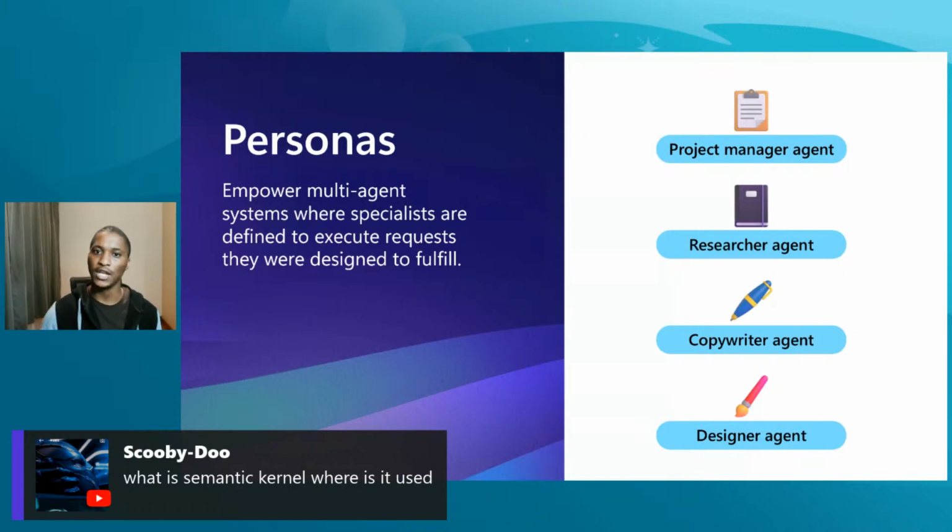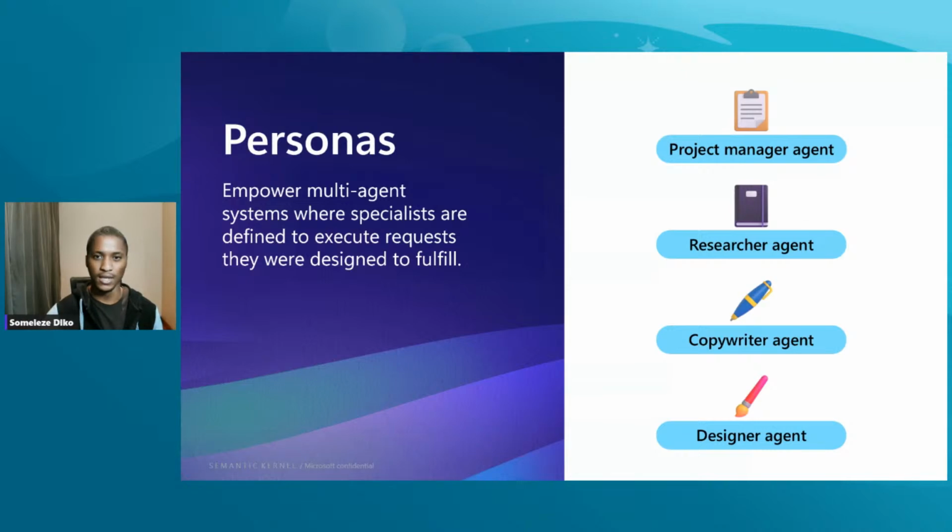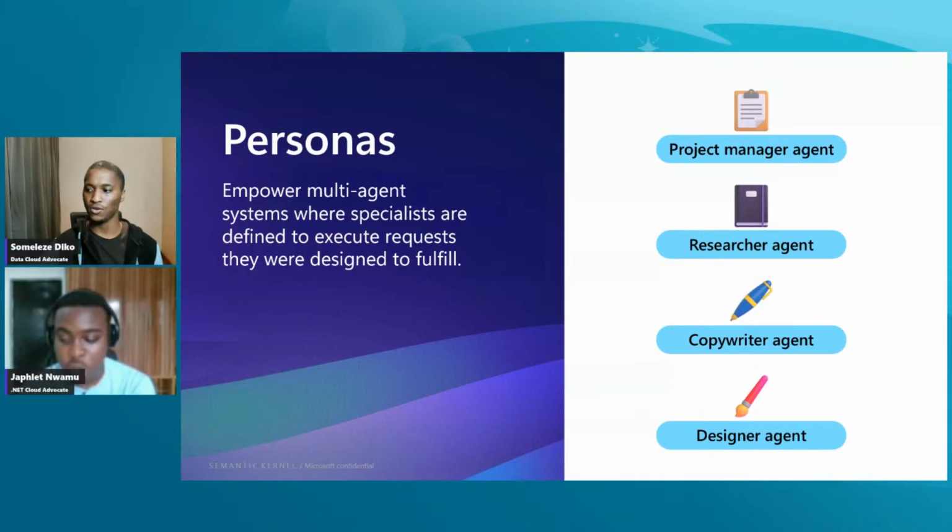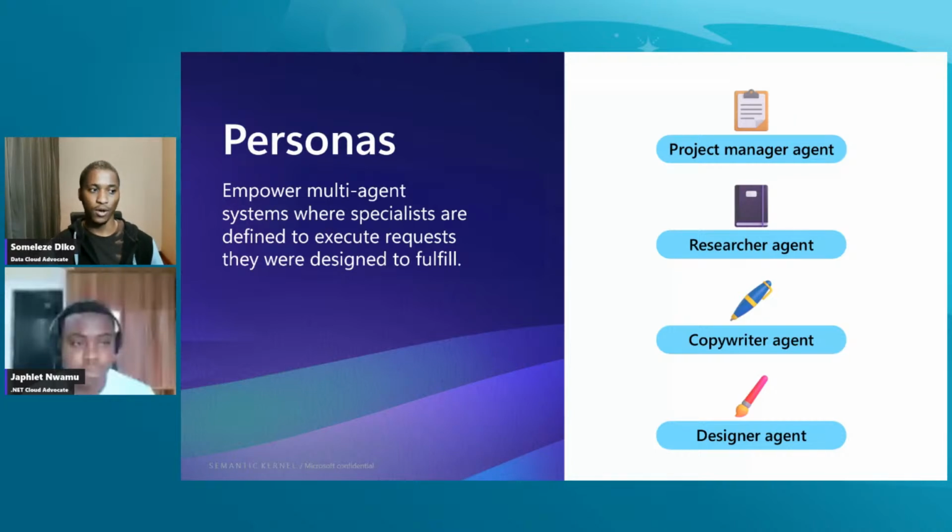When you use a plugin, you're able to interact with some of the APIs to get information from your data store, your data source. You also have planners for semantic kernel that enable you to achieve more. And then you are able to give a persona to that intelligent application